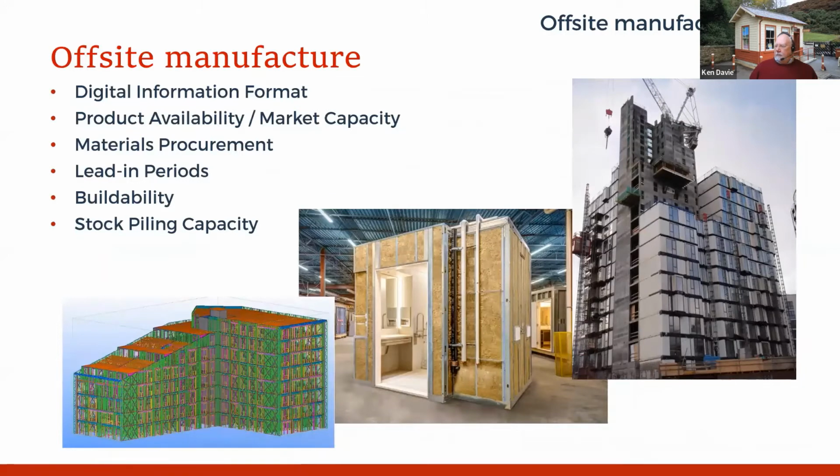No apologies again, looking at architecture. The project on the right is the tallest residential, modular volumetric residential project in the world. It's in George Street, Croydon, 43 stories. The issue there is actually production time and stockpiling capacity, and finding a manufacturer with the capability to build all of the modules, because I think it was something like 27 modules per floor. Obviously through 43 floors, that's quite a lot.